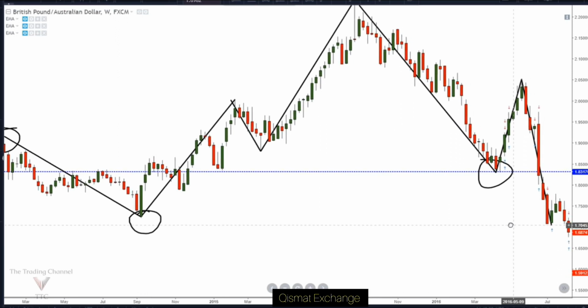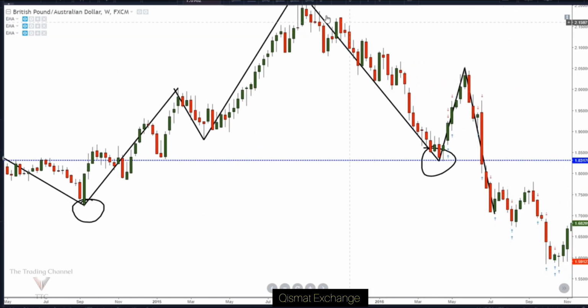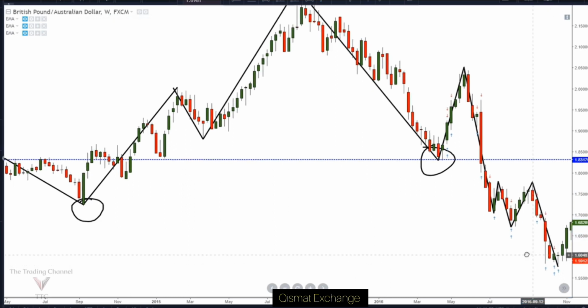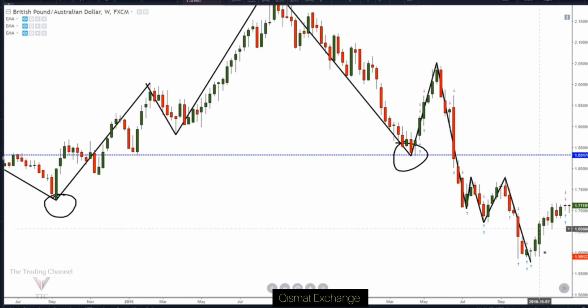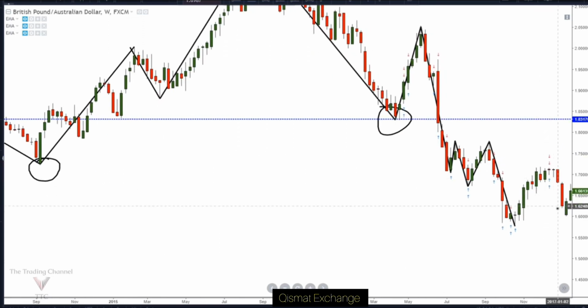Let's see what happens. Well, we get this small pullback and then we do continue in the downward direction right there. So we got that small pullback, continuation down, another pullback, and another continuation down. And now we're still continuing this trend and expecting this market to create lower lows. So we continue taking a look at this market. As you can see, we're dropping down now